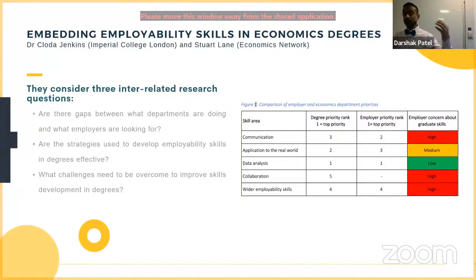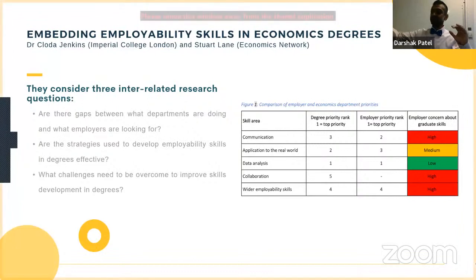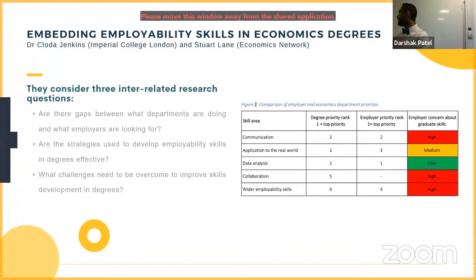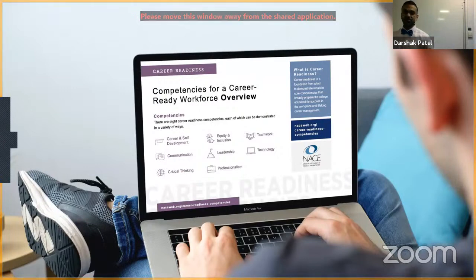Basically, we do a good job in trying to connect the real world to concepts taught in economics, but not to what actual employers are looking for in terms of what value these students or graduates could bring into their workforce. A similar study was recently done by the National Association of Colleges and Employers in the United States, and a few of these skill areas also showed up. The way I look at these 8 skill areas is as a way to build a brand of a student who's about to graduate.